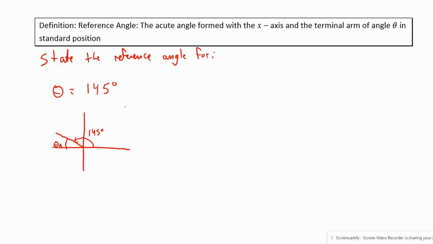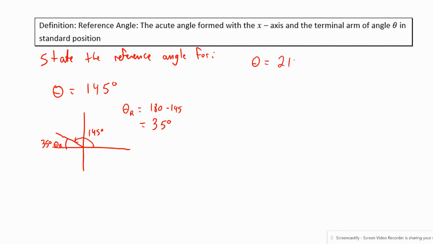So theta reference angle equals 180 minus 145 equals 35 degrees. That means this guy over here is 35 degrees. If I did do a couple more here,